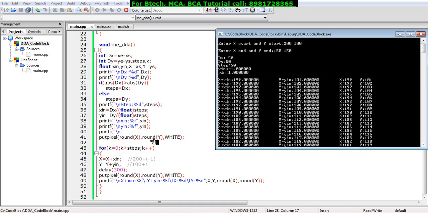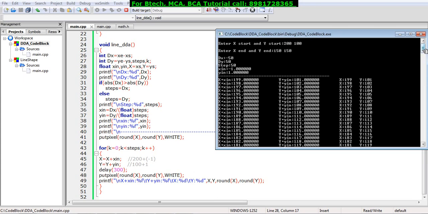The iteration will go up, and the value of 199 will now be 199 minus 1, resulting in 198, and the same thing will come over here. So 198 in floating point, and then 101 plus 1 makes it 102, that is also floating point, which is again passed to the round off function to make it 198 and 102 respectively, so that it can be plotted.